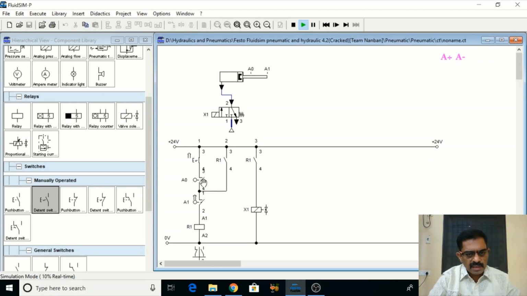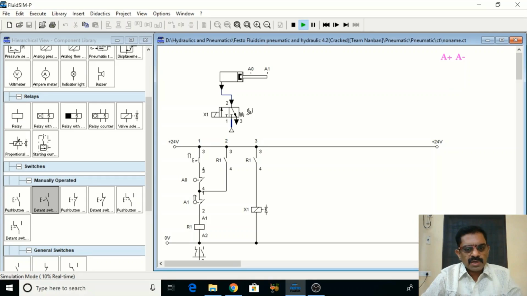It is an open switch and a closed switch, and you have a relay. This relay is activated and latched here, and once it is activated, this will be closed and this solenoid will be energized. So this solenoid will push this position here. So that is the operation of A plus and A minus.